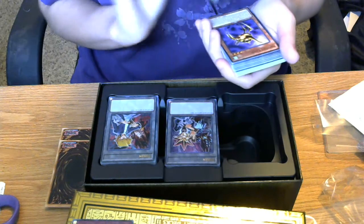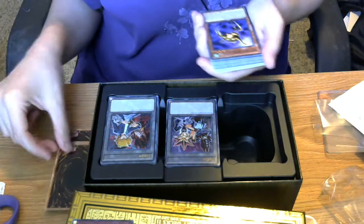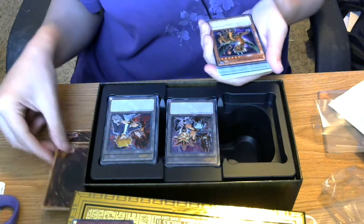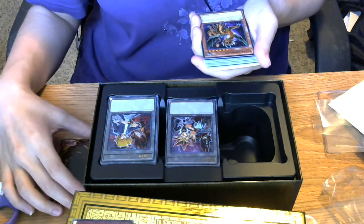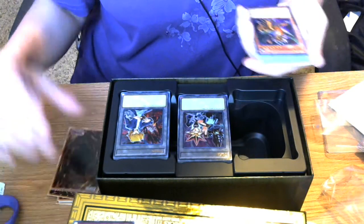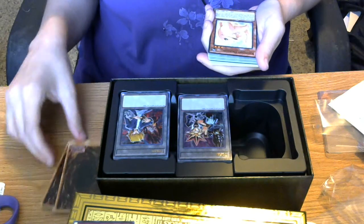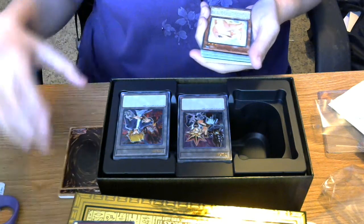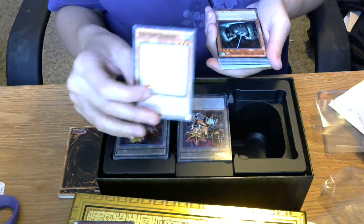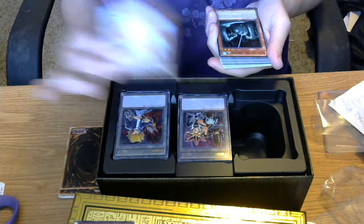Followed by Blade Knight. Next we have Ancient Lamp, followed by Tiger Dragon. Ugh. There's Tiger Dragon. Next we have Kidmodo Dragon, or Kimodo Dragon. I don't know why they're giving him that many dragons, but...